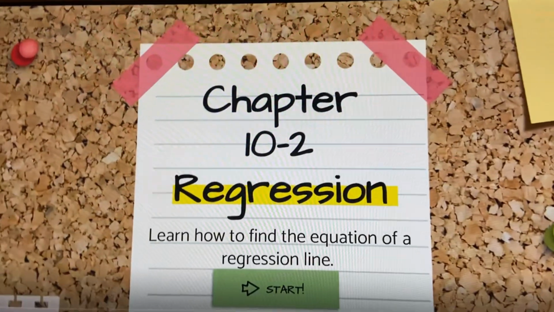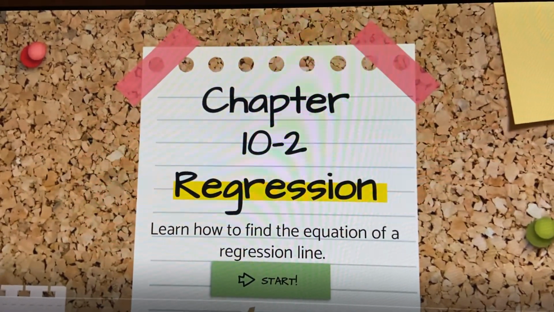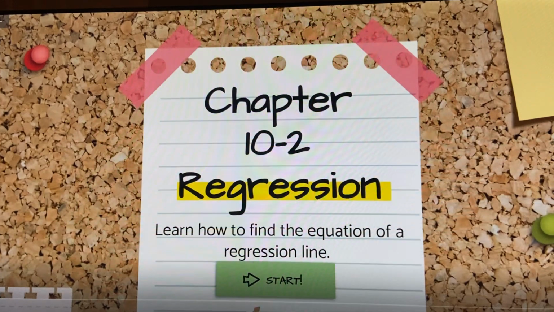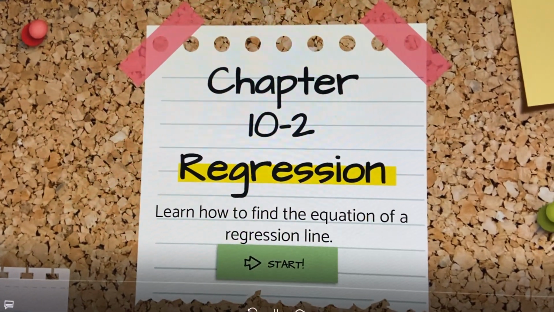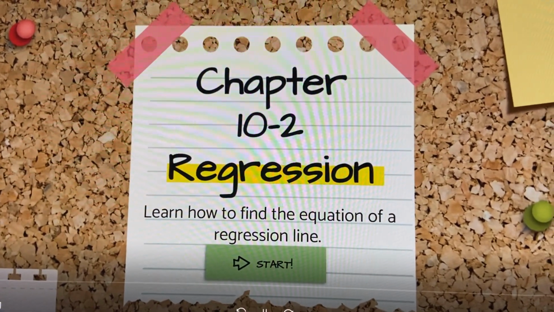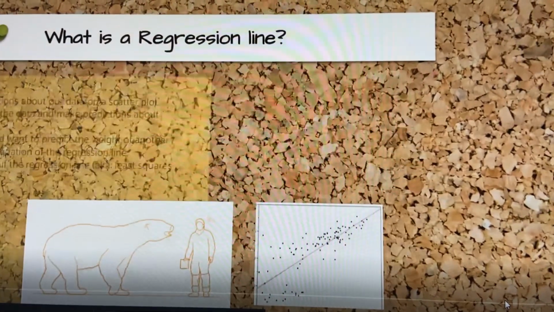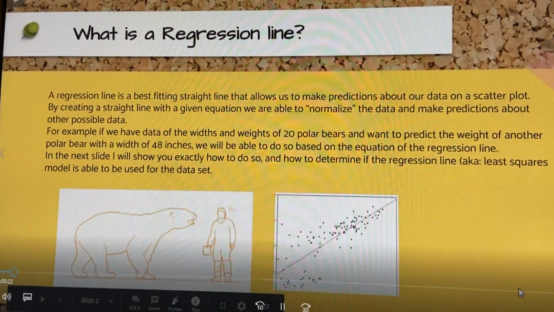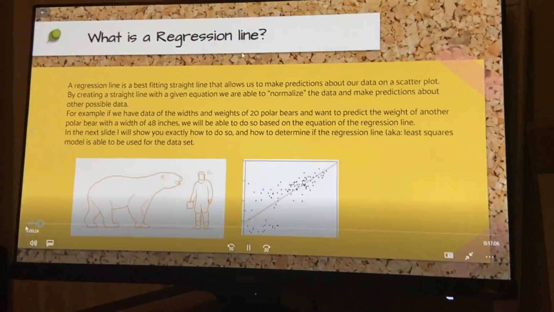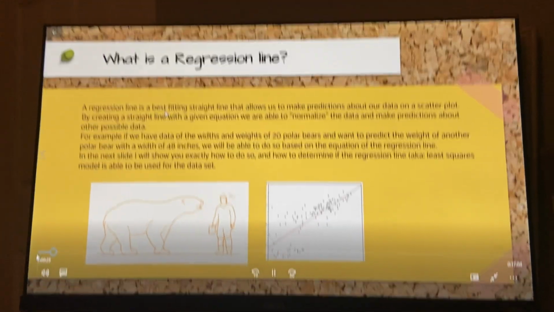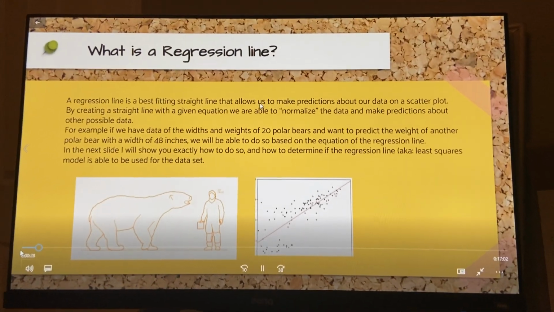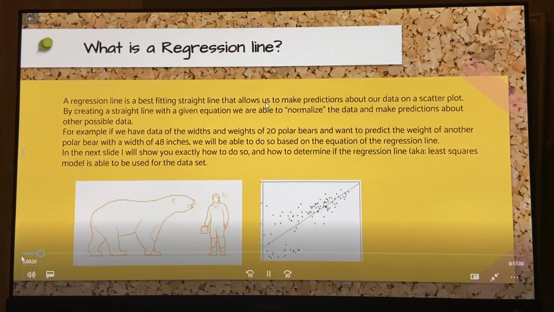Today we are going to be learning chapter 10, section 2, which talks about regression and finding the regression line. So, first of all, what is a regression line? A regression line is a best fitting straight line that allows us to make predictions about our data on a